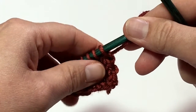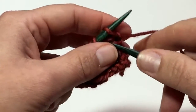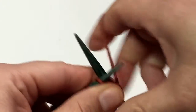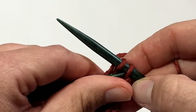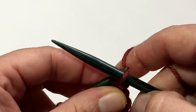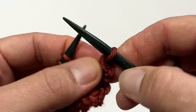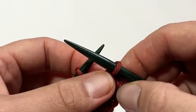To get started, let's do a quick review of the conventional bind off. So the conventional bind off tells you to knit 2 stitches, then using your left needle, grab that first stitch and pass it over that second stitch, and continue, knit 1 more stitch and then do the same thing. And you'll see what you do is you basically create this row of stitches that goes across the top of